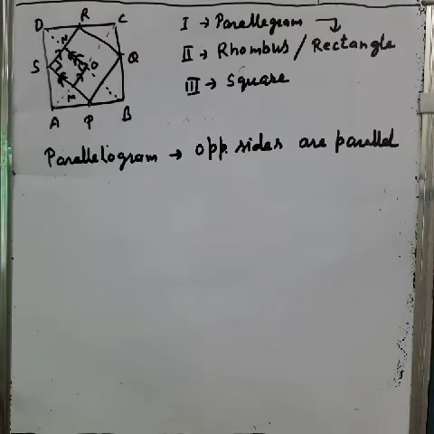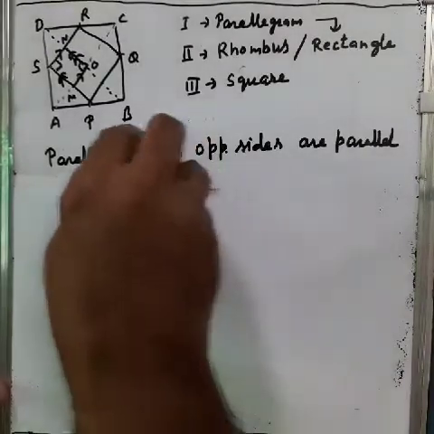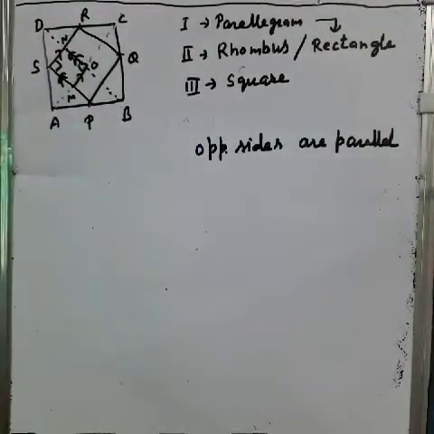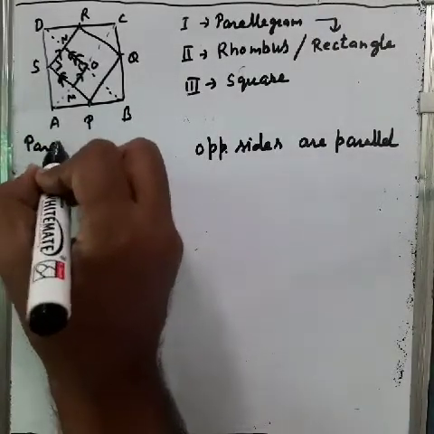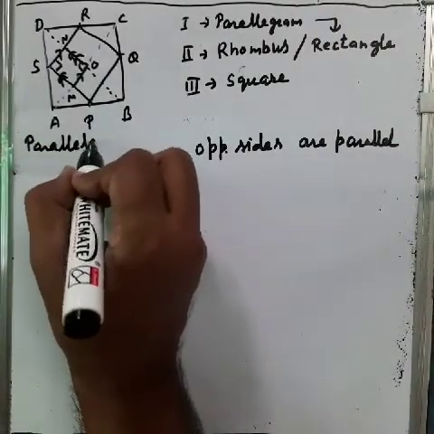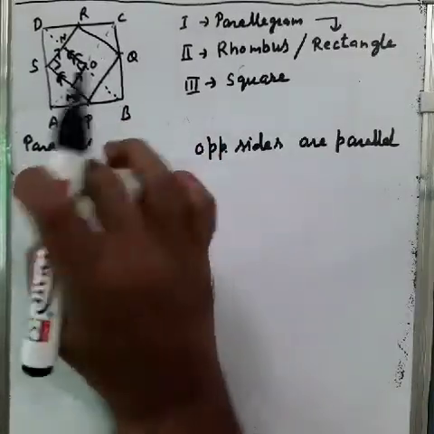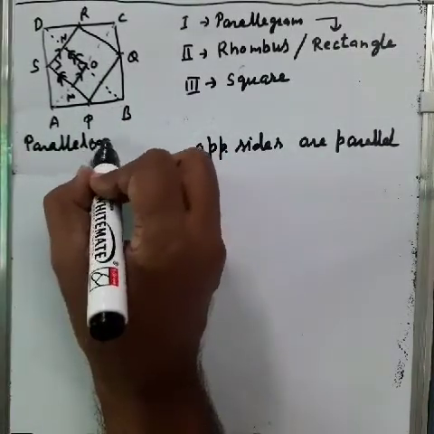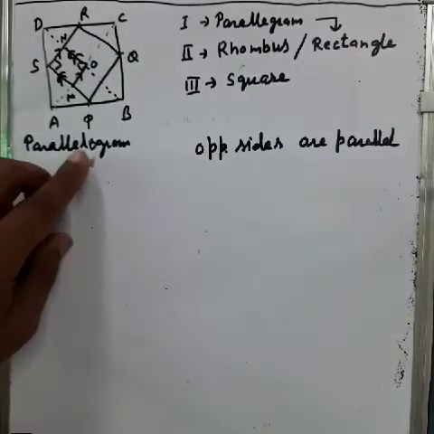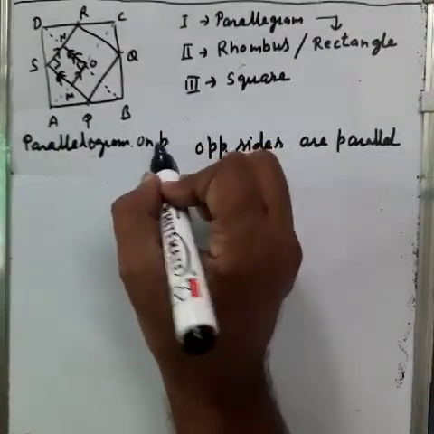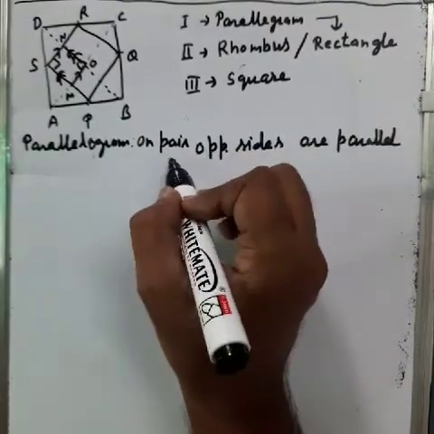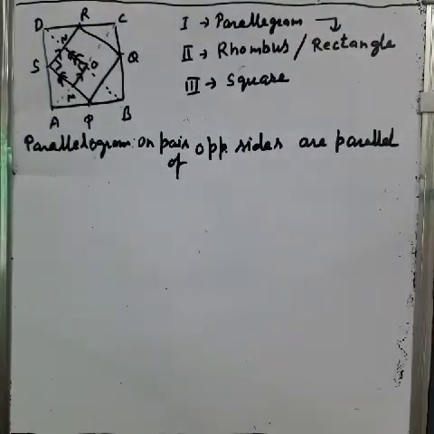One pair of opposite sides. I am writing again. For a parallelogram, you need to prove one pair of opposite sides are parallel. ठीक है,